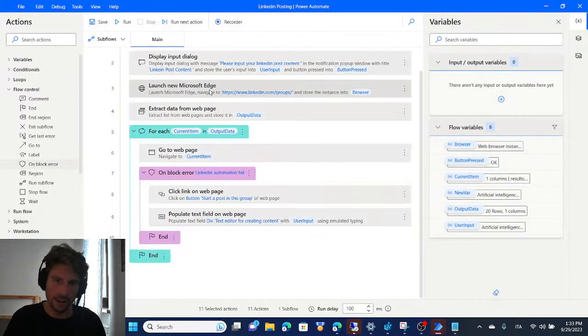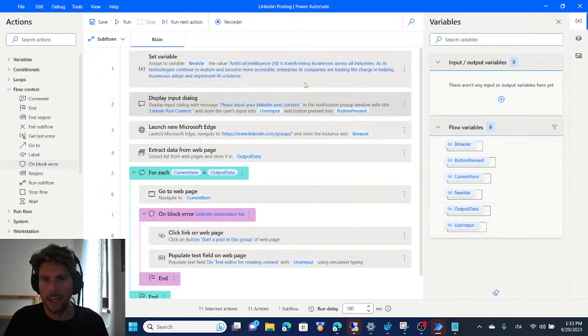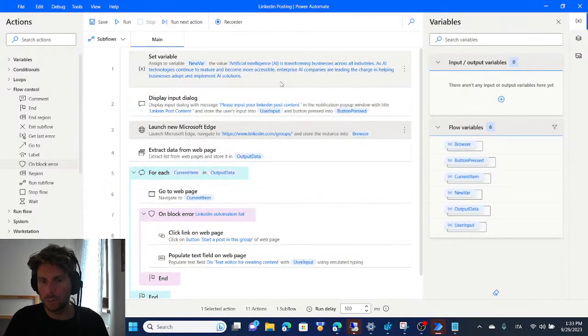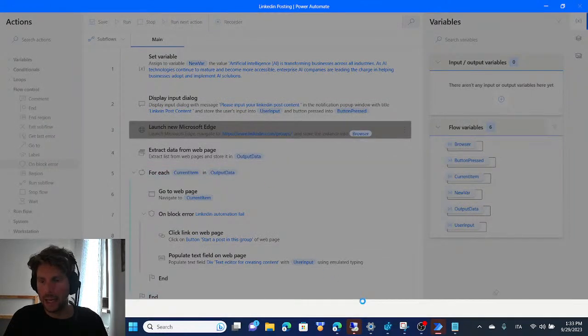I'm going to erase all of these steps from right here, and I'm just going to paste them again from right here. So all of the steps would be pasted. Everything should work as well. So let's close this. We are going to save it, and let's see if we can see one more process, if we can see one more automation